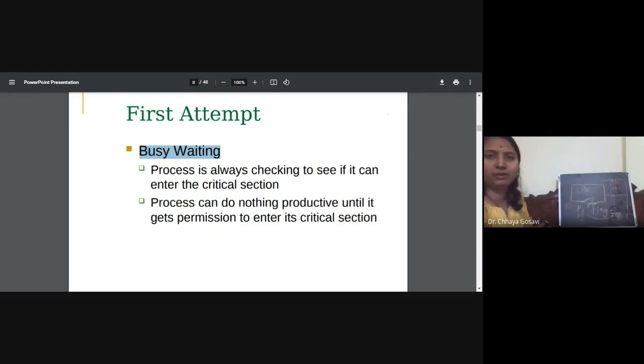Mutual exclusion is allowed, meaning when P0 is inside, P1 is not allowed to enter because of this flag. Mutual exclusion, the first condition, is met. About the second condition, progress: if P0 failed to come out, if it has aborted or just stopped in between and it has closed the door and is not responding, then the other process has to wait indefinitely. We cannot forcefully remove process P0 from the critical section. So this will create a problem with progress as well as bounded waiting. It is always busy waiting.